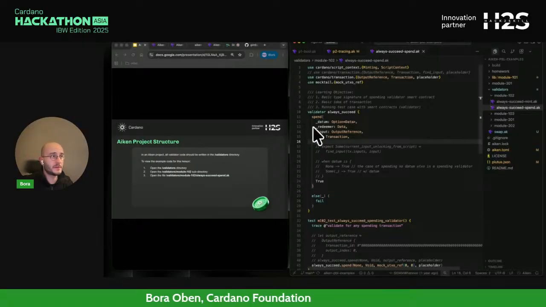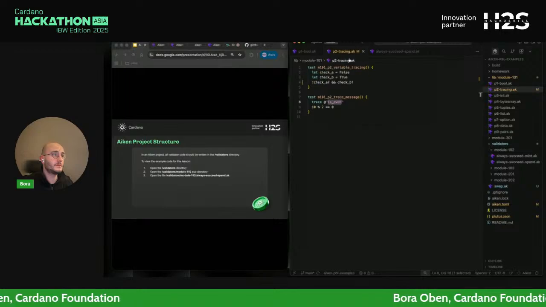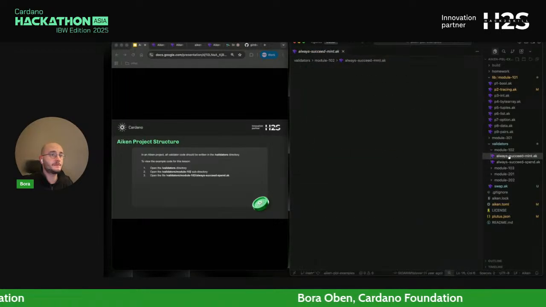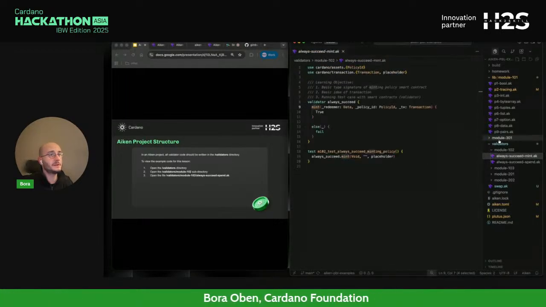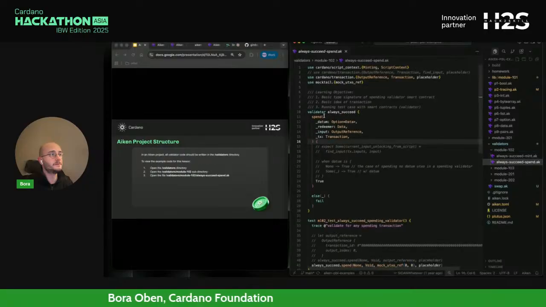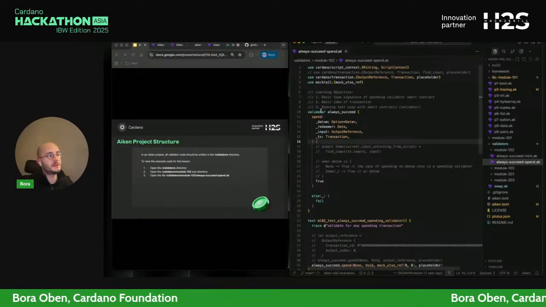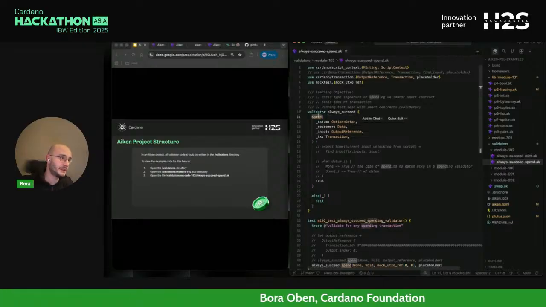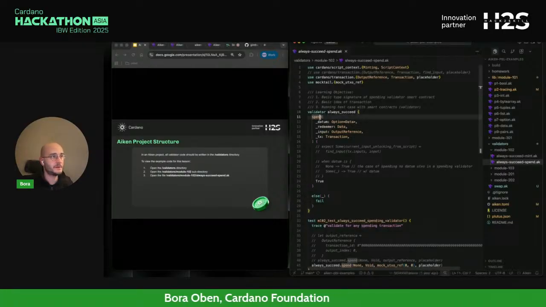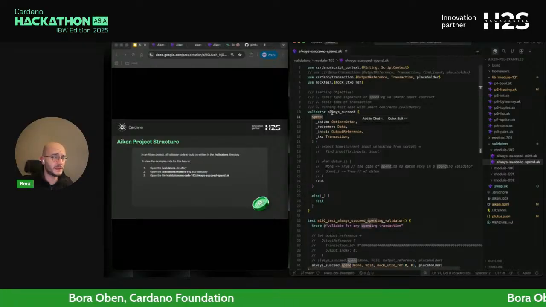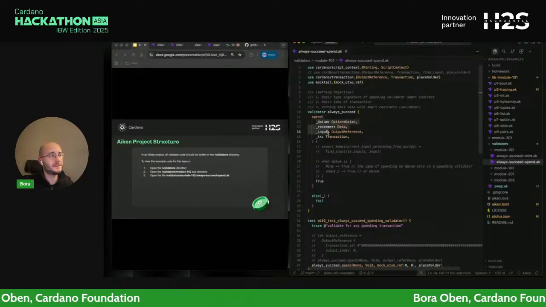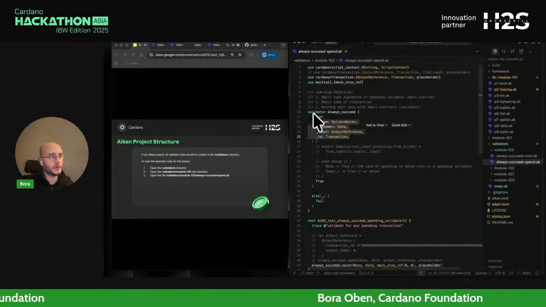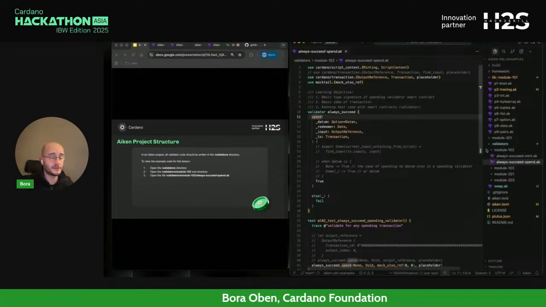But let's talk about what we see as a skeleton here. Let me close this. If you compare these two, they are pretty similar. There is a validator keyword here, the name of the validator, the purpose following the name, and then some fields that are specific to the purpose you are trying to write your smart contract in.